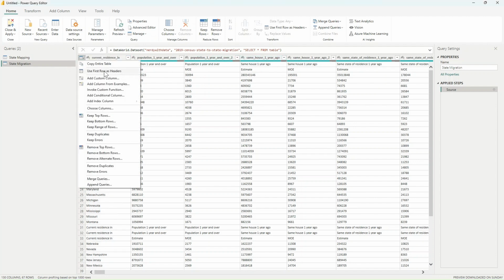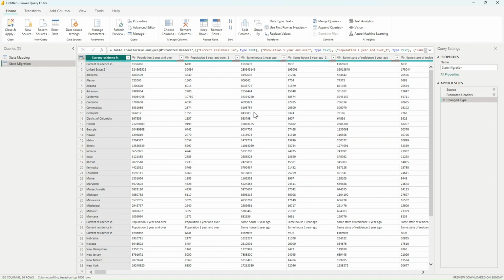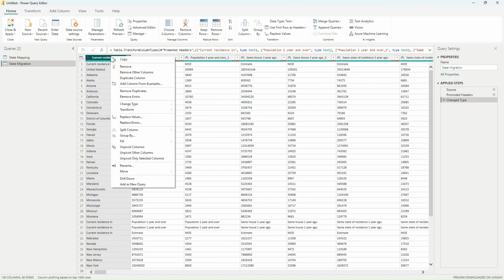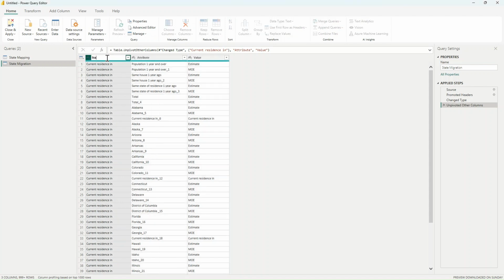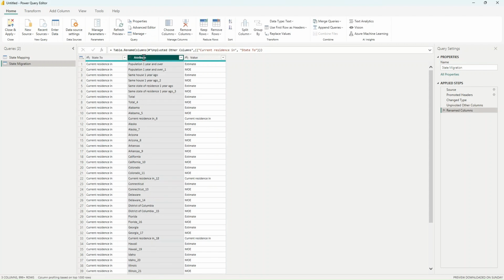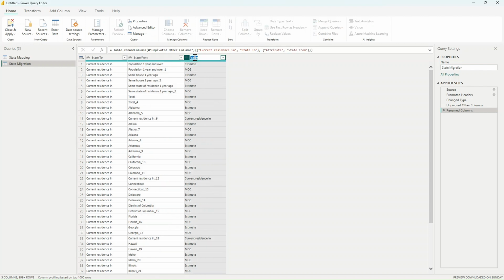So I'll click here and use first row as header. Now I will keep this column as is, and then I will right click on the column name and choose unpivot other columns. Now this one would be state to, where people have moved. This is state from,